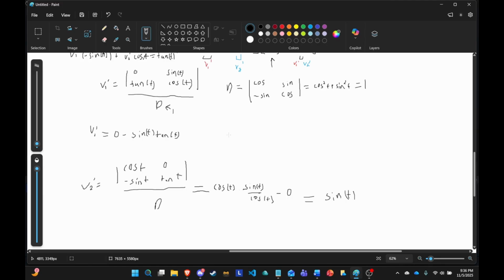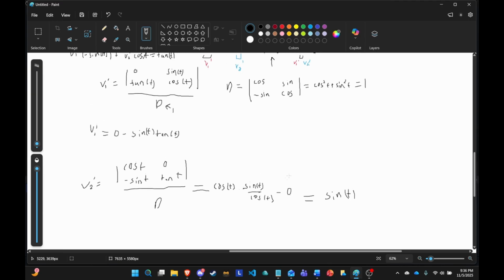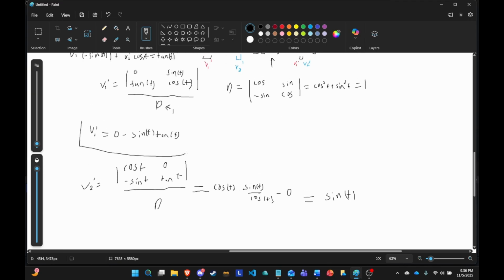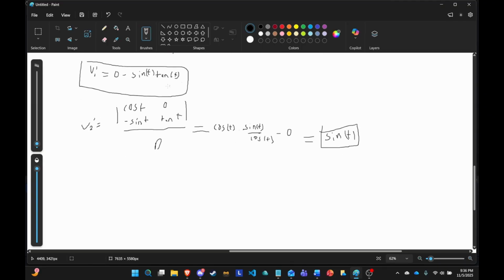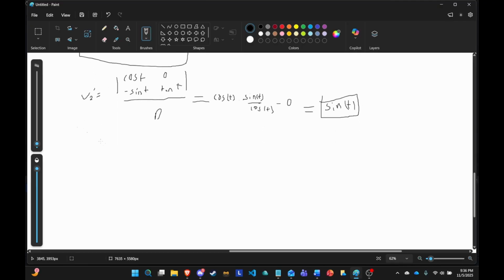So now we almost have our particular solution. All we have to do now is take the integral of v1 prime and v2 prime. That will allow us to get v1 and v2 normally. I'm going to start with v2 because that one seems a little bit easier. v2 equals the integral of v2 prime dt, which is the same as the integral of sine of t. And that's just negative cosine